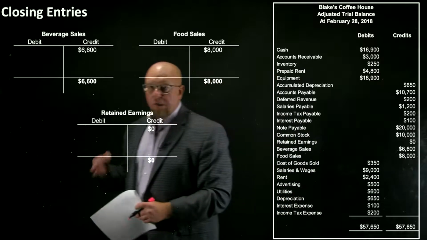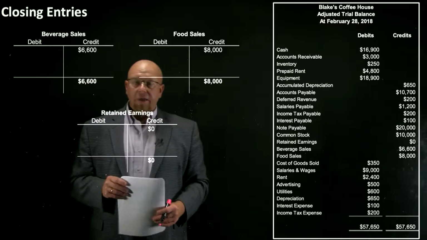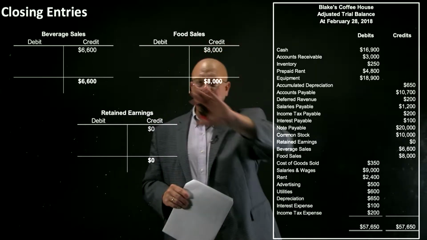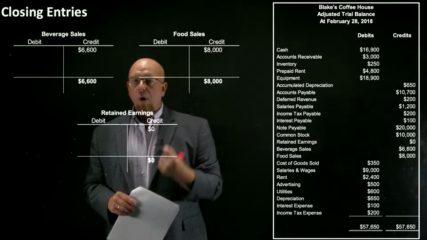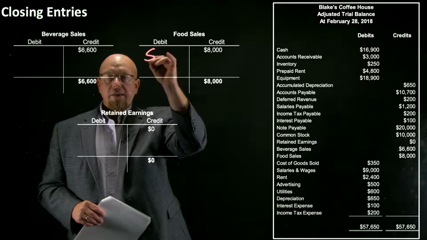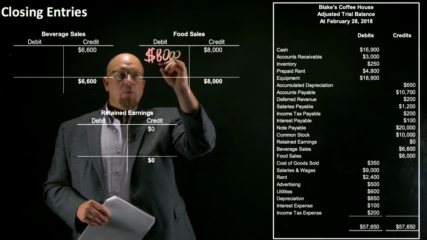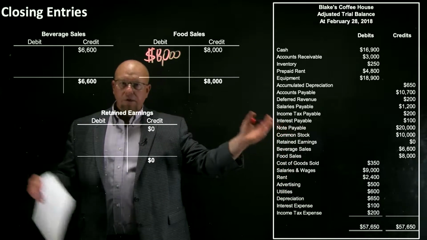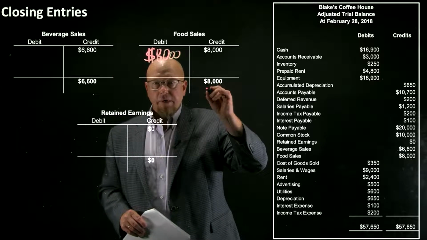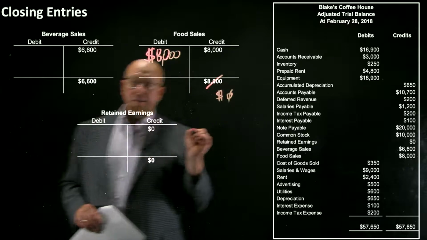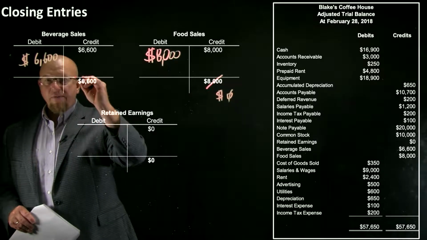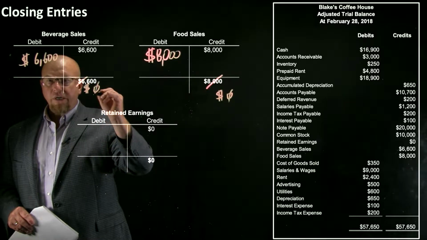So what do we have to do to close these out? Think about it this way. I want you to think to yourself for a second. If you wanted this food sales revenue account to become 0, what would you have to do to that account? And the answer is you would need to make an $8,000 debit entry. What that's going to do is it balances the account out to 0. The balance used to be credit balance of $8,000. If you make a debit to that account, it's going to wipe out the account's balance. Same is true here. So to get rid of $6,600 of beverage sales, we're going to make a $6,600 debit